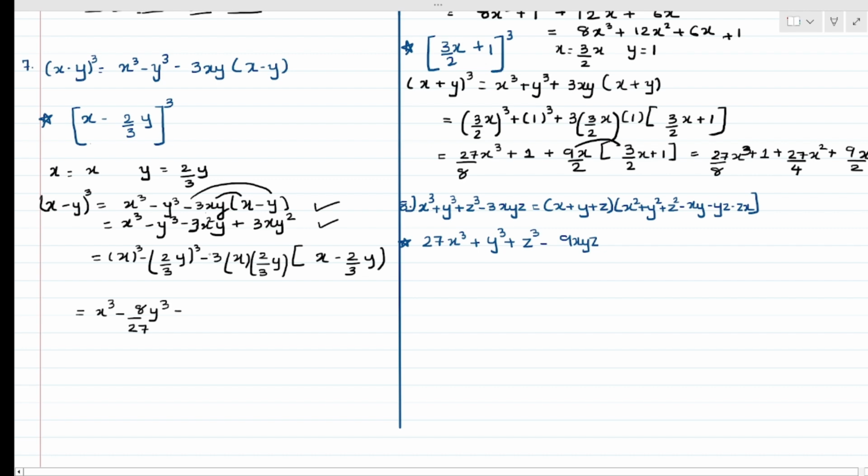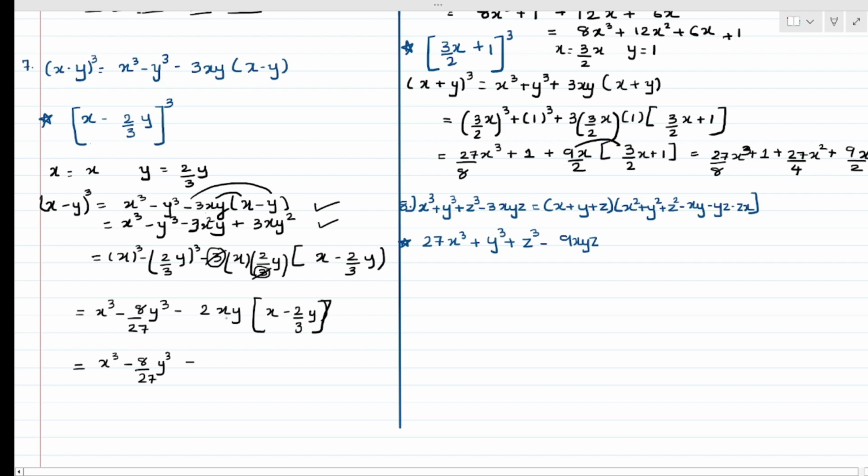Now, as you can see over here, I have my 3 in the numerator and my 3 in the denominator, so you can cancel this 3. What answer will you get? 2xy times (x minus 2 by 3y). Now, solve this bracket as well. So, you will get your answer x cube minus 8 by 27 y cube